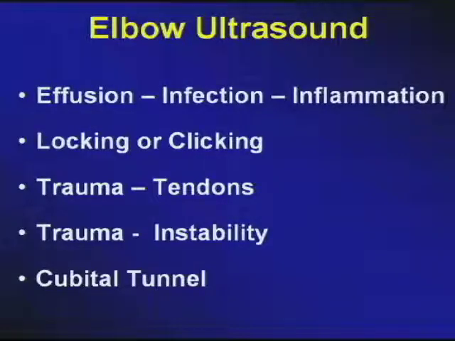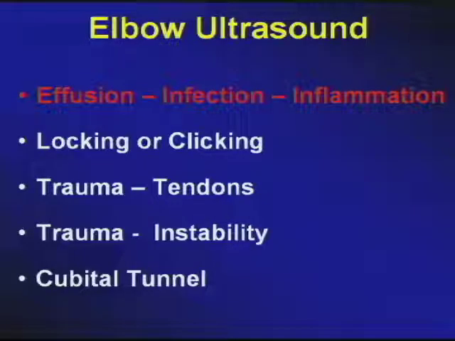First, the very universal examination of the tendons, where ultrasound is probably the best modality for addressing this structure. And then let's look at instability. Usually what is affected in the elbow would be the ligaments. Finally, but not the least, we're going to look at the ulnar nerve within the cubital tunnel. As you are very well aware, ultrasound has been becoming very popular for looking at peripheral nerves. So for the effusive joint, which may be infected or inflamed,